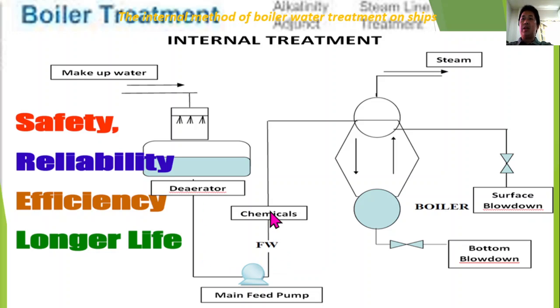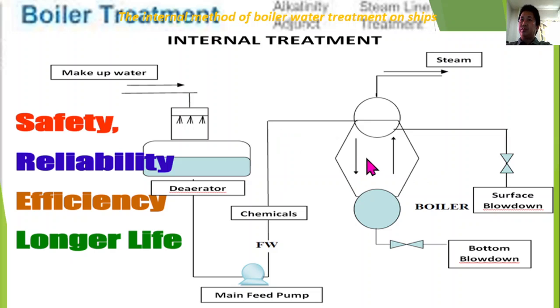And we have also here the chemicals. Later on, we will see the chemicals. It is fitted to the discharge of the main feed pump going to the boiler. And we have here the surface blowdown, for the surface of your boiler water. For example, the impurities are grease and oil, so what you need to do is surface blowdown. And we have also here the bottom blowdown. The impurities are precipitated or settled at the bottom of the boiler. By using the chemical, the solid impurities are